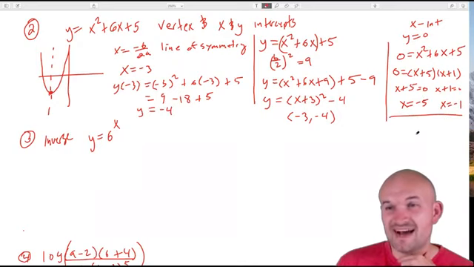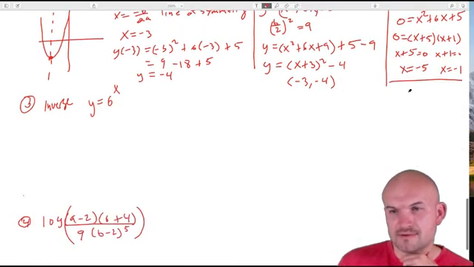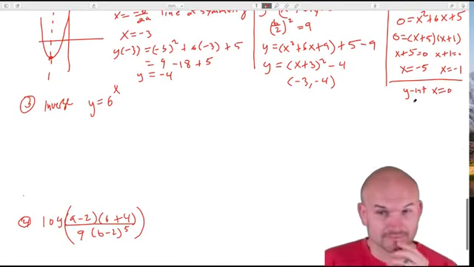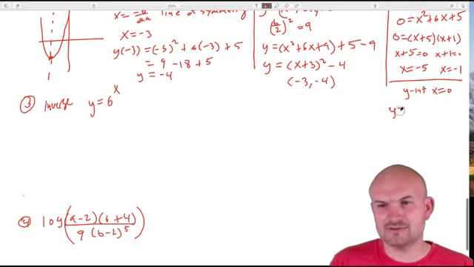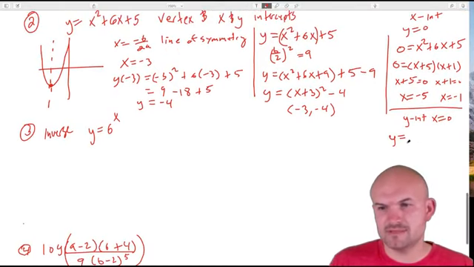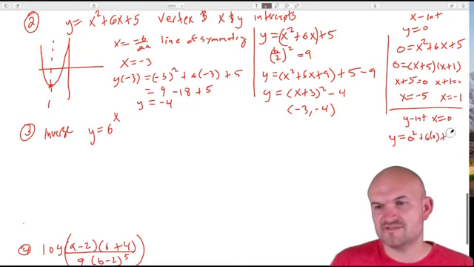Now, if I wanted to find the y-intercept, then I just make x equal to 0. And therefore y is equal to 0 squared plus 6 times 0 plus 5. And what you'll notice for polynomials is the y-intercepts just